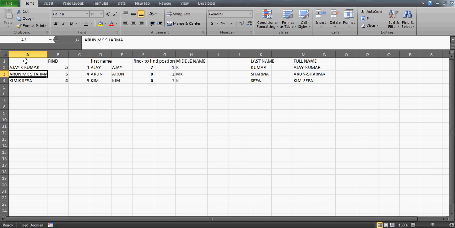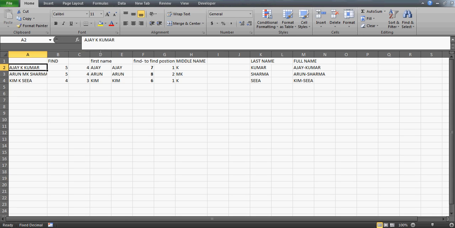How are we going to extract the left? We are going to find the position of the first space, because I know that there will be the first name, then a space, then the middle name, then a space, and then the last name. So we know that the spaces are the identifiers, the common factors. So I found the position of the first space, and then I said my function should start from the beginning and reach till the first space, and give me the value.